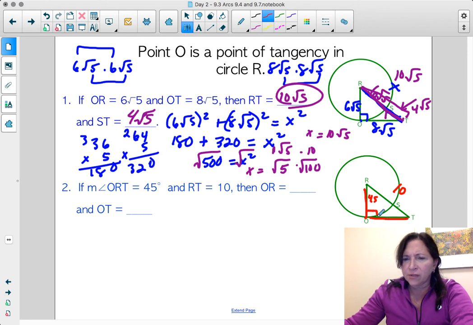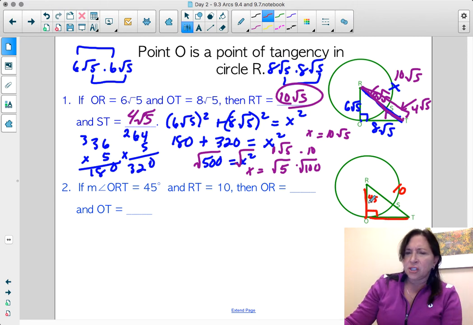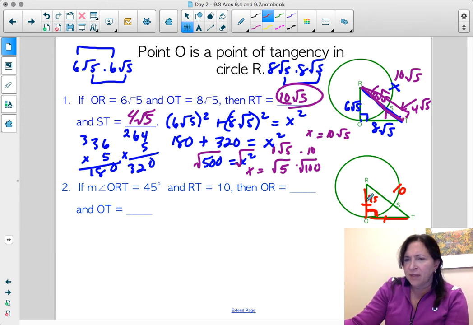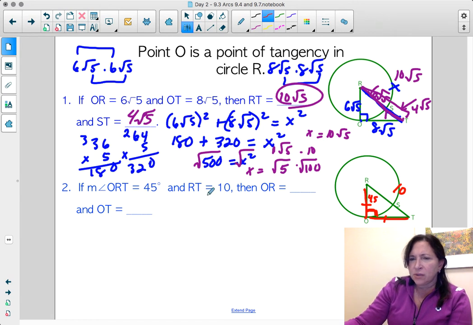Well, we know that this is a right angle because that line is tangent to my circle at the point of tangency, which is O, and that means that my radius, RO, is perpendicular, which means that this is a 45, 45, 90 triangle, which means the hypotenuse is x root 2. So that means that to find this length here, which is the same length as this, I'm going to set this equal to